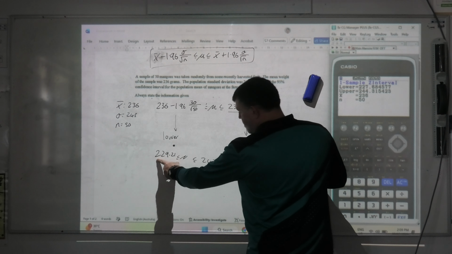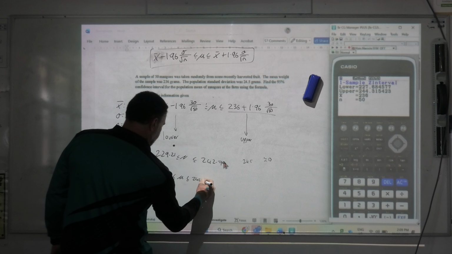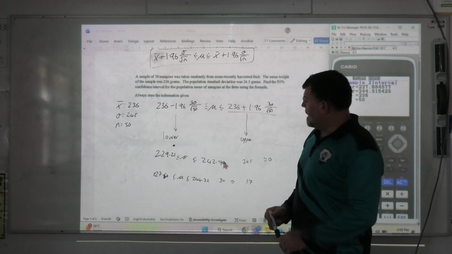This next one gave us an answer of 227.68 is less than or equal to the mean, which is less than or equal to 244.32. So this time we've increased the width. So it looks like we've got 13, so we're going up to approximately 17 now, when your deviation is 30. Can you see a link to what's happening here? If we increase our deviation, we're increasing the width of our confidence interval,